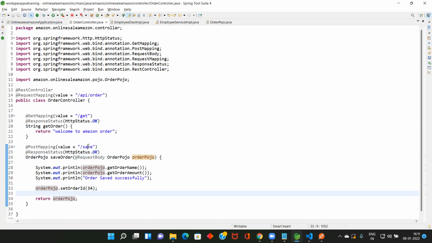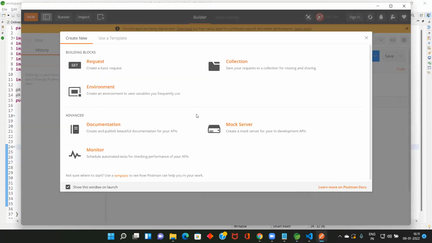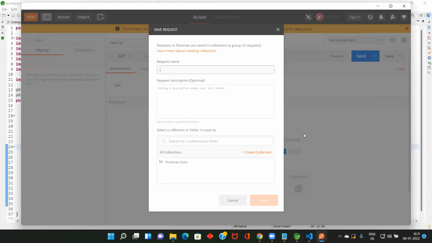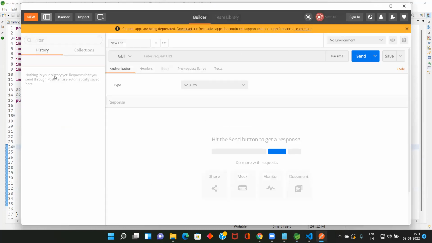So now we'll see how to do this by using Postman. Can you all open Postman? Here I open Postman, click the request, close this one. If you want to send the information from the browser, then it should be a post request.